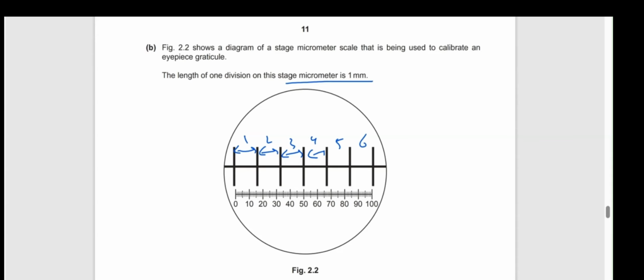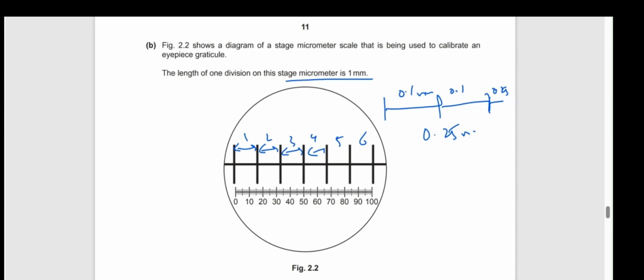This is quite unusual, to have 6 mm or 1 mm divisions on a stage micrometer, because usually each division on a micrometer scale is 0.1 mm, and we have a total of 0.25 mm available, meaning 0.1, 0.1, and the last one 0.25. Anyways, this is a different type of stage micrometer they are asking us to use. It has 6 mm divisions, so we have to use figure 2.2 to calculate the actual length of one eyepiece graticule unit,